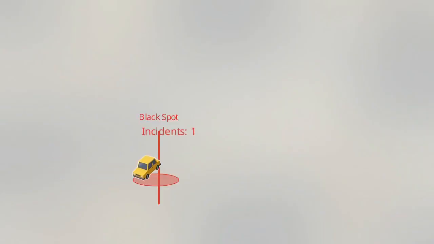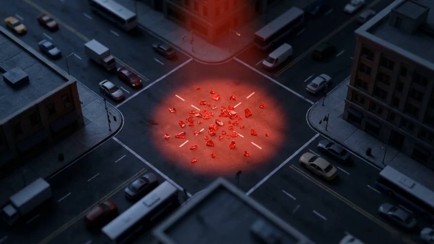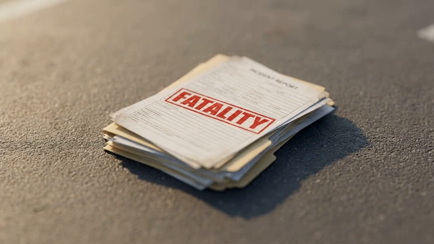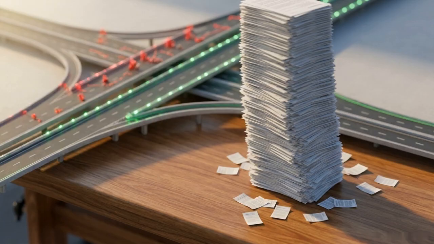This approach creates a brutal feedback loop. The data requires actual accidents to occur before the geometry is deemed unsafe. To officially classify a location as a black spot, requiring redesign, a statistically significant number of people first have to get hurt or die at that exact location. Relying purely on statistical accident analysis traps the engineer in a reactive posture. Waiting for the data to accumulate is no longer an acceptable standard for modern infrastructure.